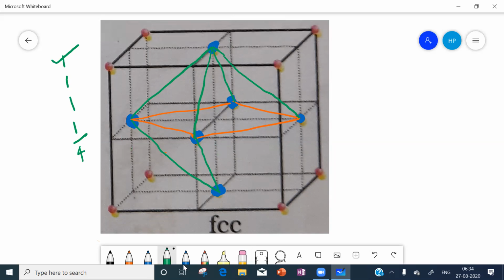Next we will join. Let us start from here, and we will continue moving towards the bottom face center. Now you see this one. This we will take as A, this as B, this as C. So from A you go to B, from B you go to C, from C you come back to A. Is it one triangle? Yes, this is one triangle. So we got one triangle here.